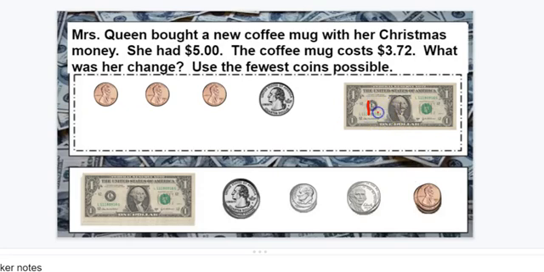Here's my whole dollar there. All right, and then I had 25 cents. So here's my 25. Okay, so I have $1, 25, 26, 27, 28. So her change is going to be